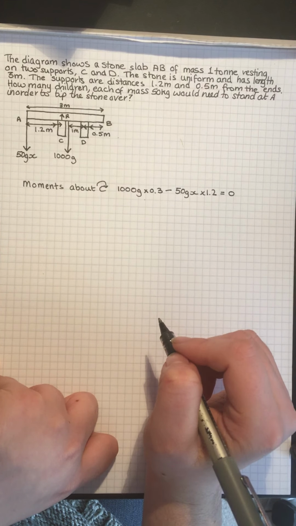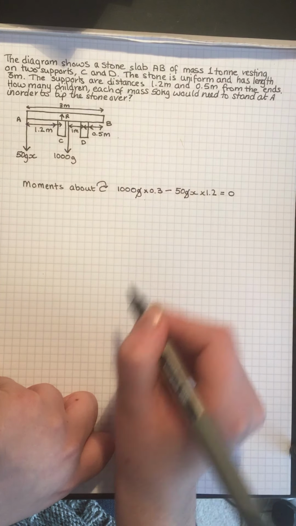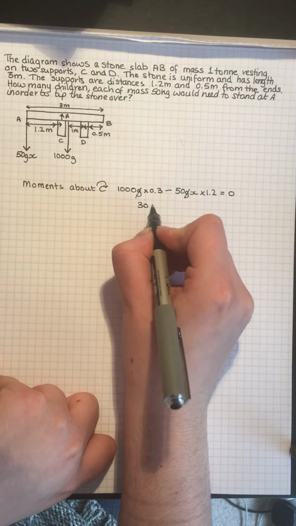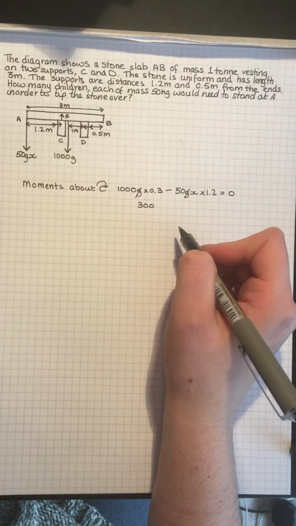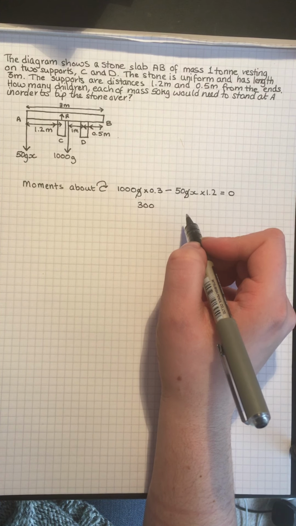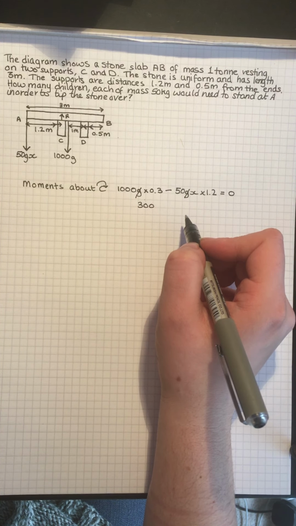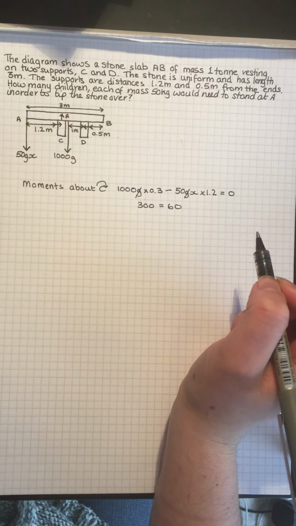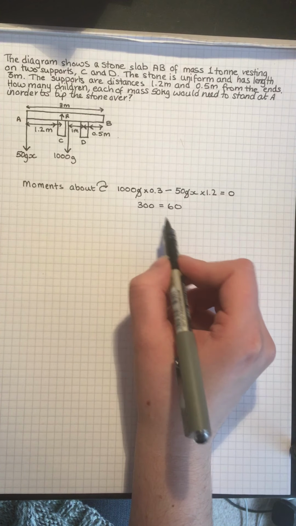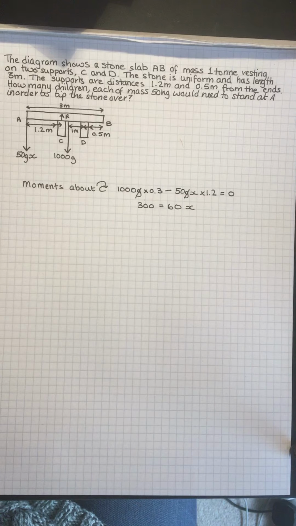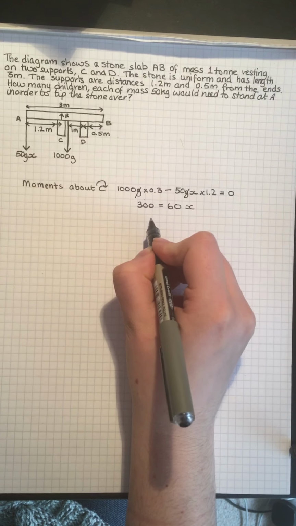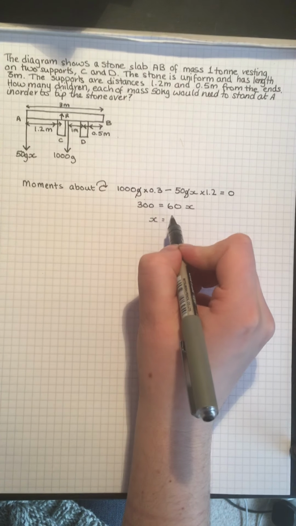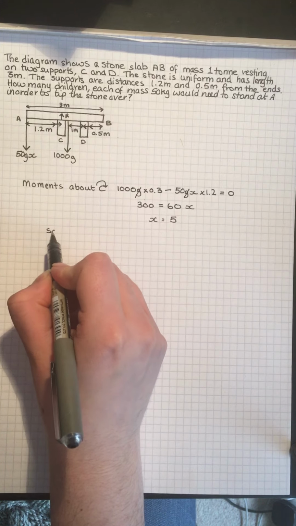So now all we want to do is solve this for x. So as often happens, we can cancel out our g there to avoid any rounding errors. And we end up with 300 equals 60x. Okay, and then x is going to be 300 divided by 60, which is 5. So 5 children can stand at A